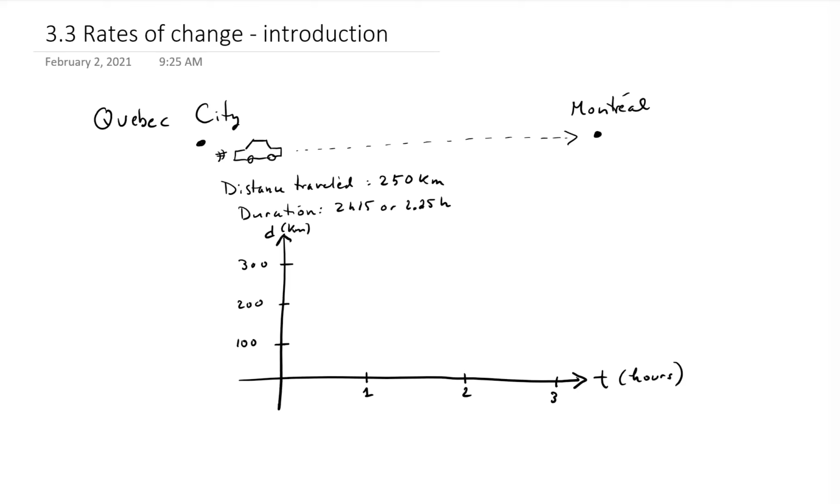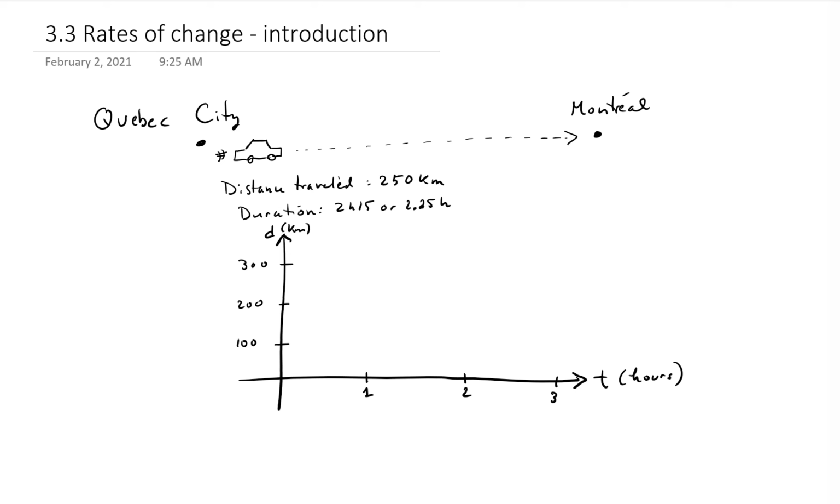Here's a problem that will introduce the concept that's in the title of this section, which is rates of change. We're using the example of a driver going from Quebec City to Montreal, and he's going to travel 250 kilometers, and the duration of his trip is 2 hours and 15 minutes, or 2.25